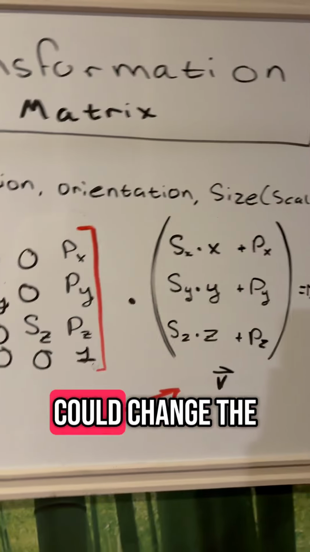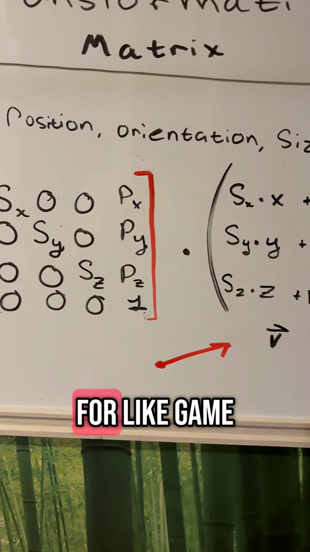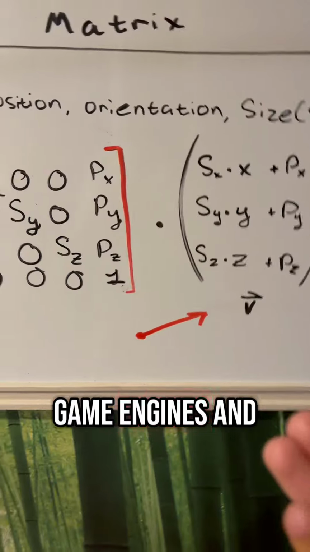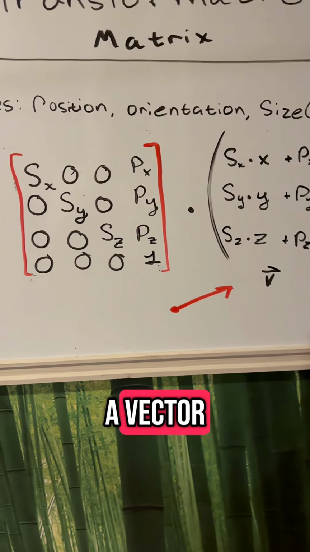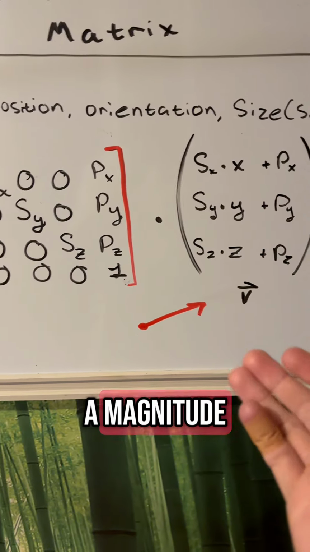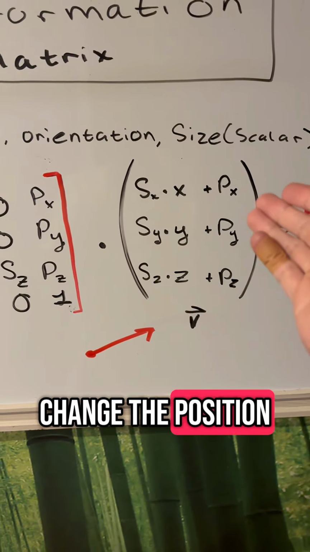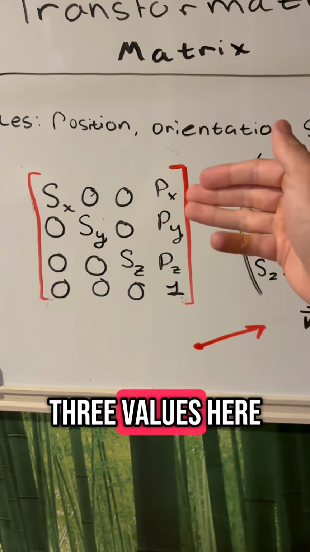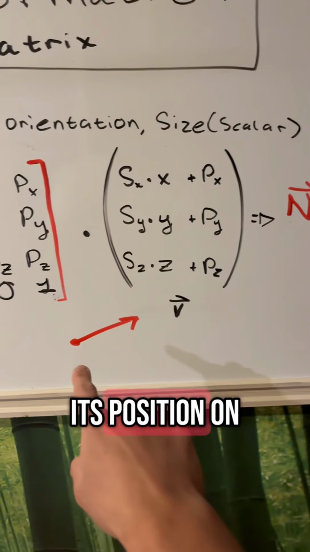And with that as well, you could change the position of the vector. This is more something for game engines. It doesn't really make as much sense to change the position of a vector, even though the vector doesn't have a position. It's more of a direction and a magnitude. So in terms of game engines, we want to be able to change the position. So we end up having these three values here that act on the vector to change its position